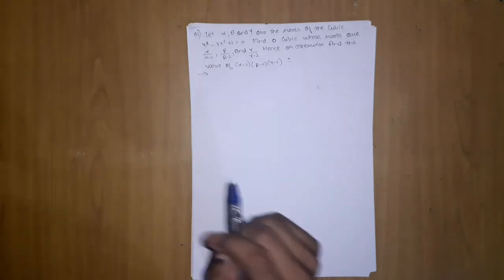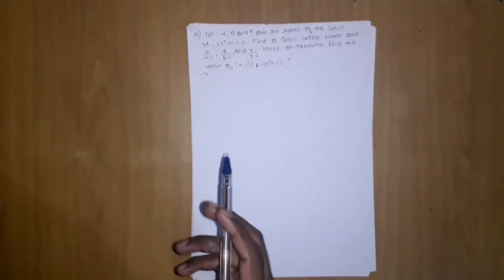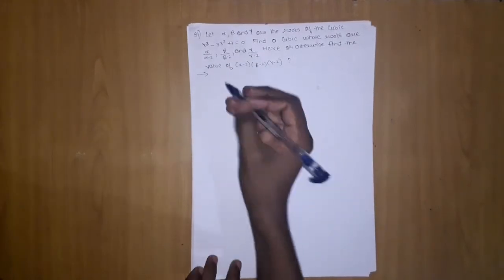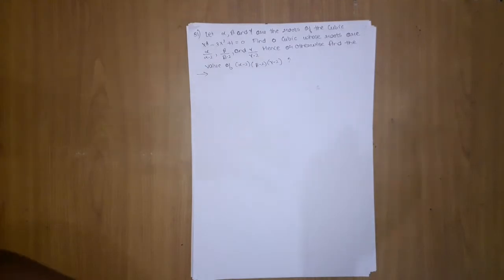This type of question, you will see many times when you solve Cengage books. They have given it many times, such problems are repeated. I think this question is also repeated from a solved example. But before doing it, let's see how we can proceed with such a problem. In such problems, they will give you an equation, and they will tell you its roots are alpha, beta and gamma, and then they will tell you to find an equation whose roots are in terms of these.